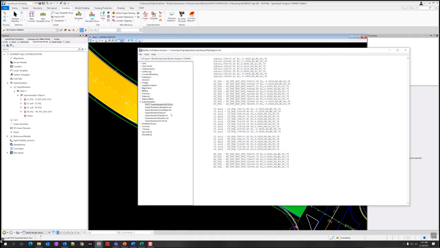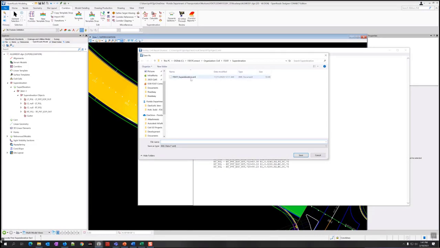So this looks okay. We just need to save it, and it's a CSV file. So we just go here to the File menu and choose Save As, and it's taking us back to this FDOTConnect super elevation folder. Not helpful for this one. We need to go to our workset folder. So we go to worksets folder,